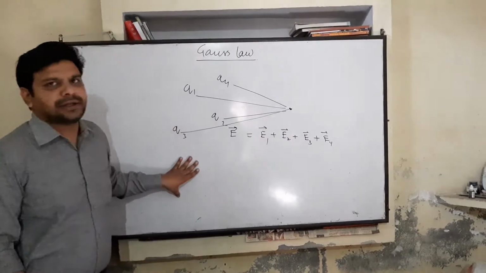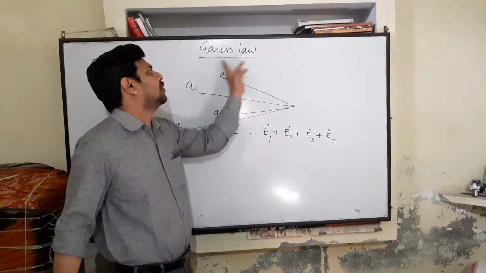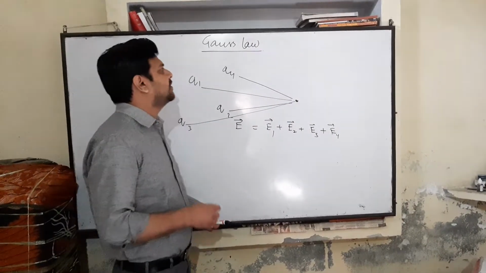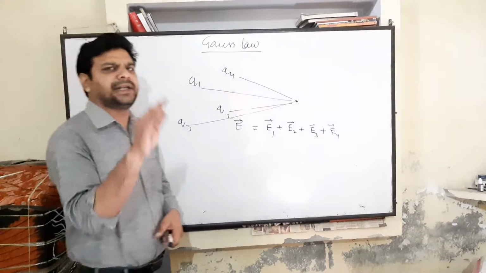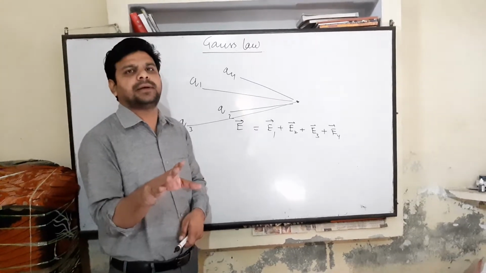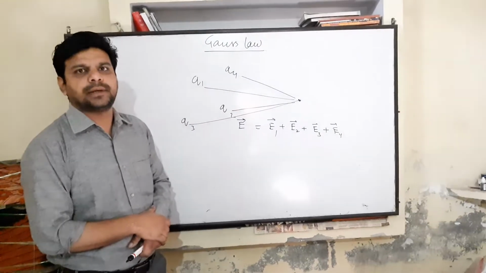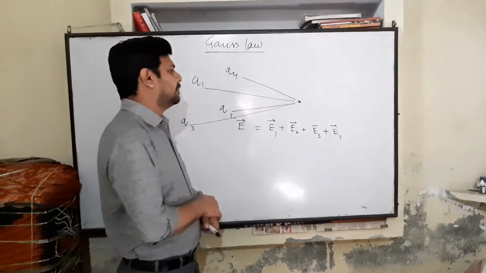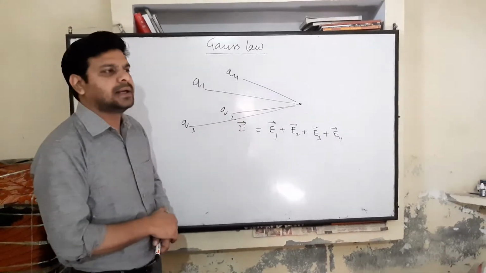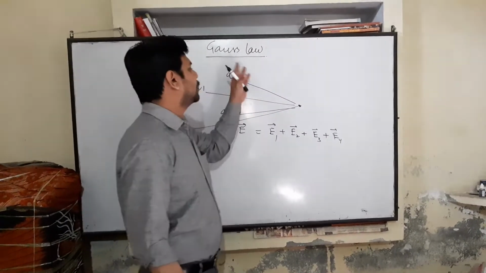So we have another alternative to Coulomb's law, which is Gauss law. It works the same as Coulomb's law. It means we can find the electric field due to any charge configuration except a dipole. We cannot find the electric field produced by a dipole by using this law. This is a very special case. But except for a dipole, we can find the electric field produced by any charge configuration at a given point by using Gauss law. Today I will explain what Gauss law is.